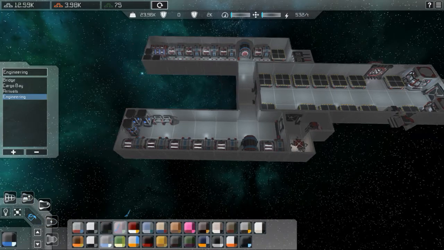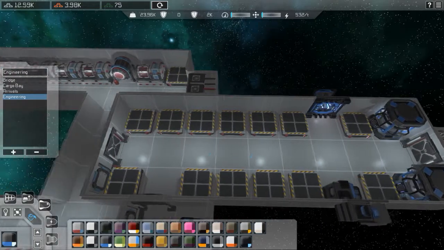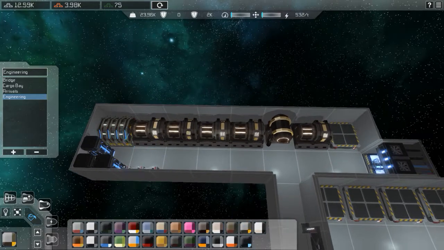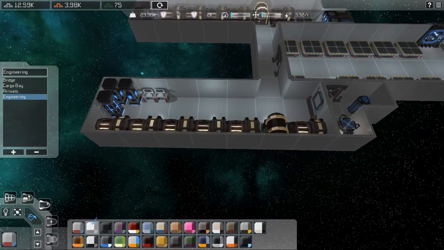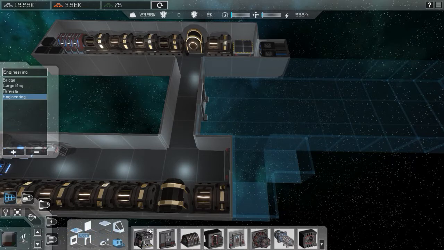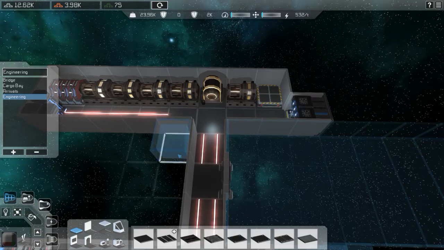Now I do tend to colour my stuff because I don't like the systems to be of a particular colour, I like things to just look different. And for the capacitor, in fact, we could leave it that colour. And the floor will go with this. And to tidy that up, I'm going to use these. These don't cost you anything on resources. Well, they do a little bit of iron, but